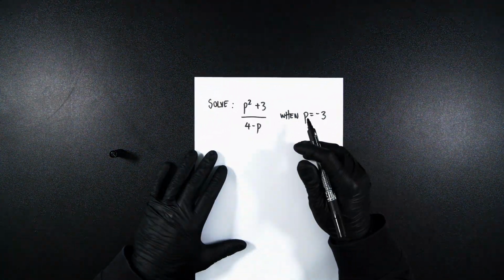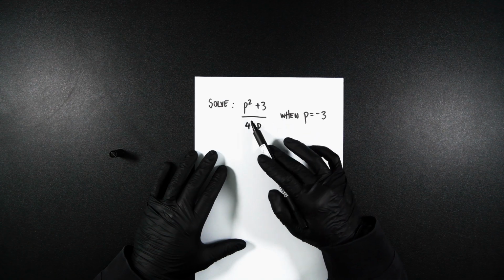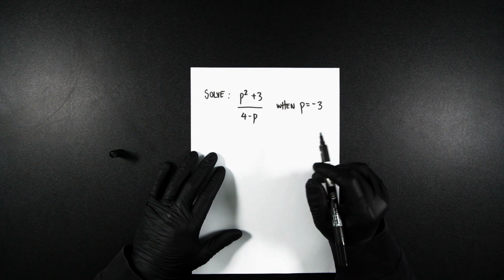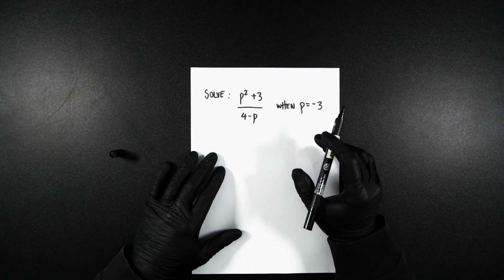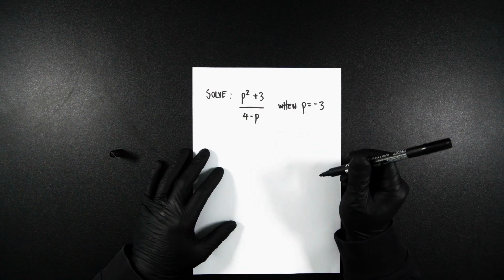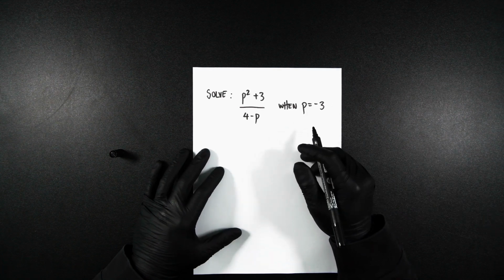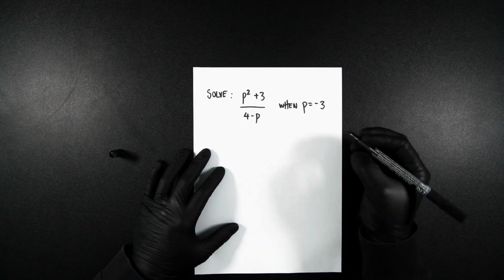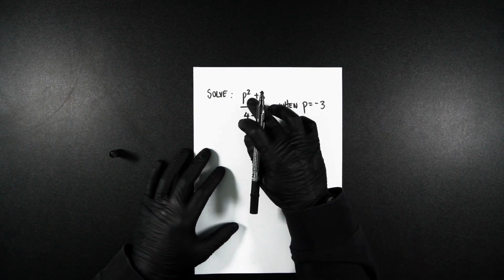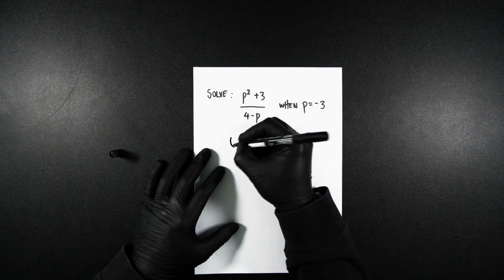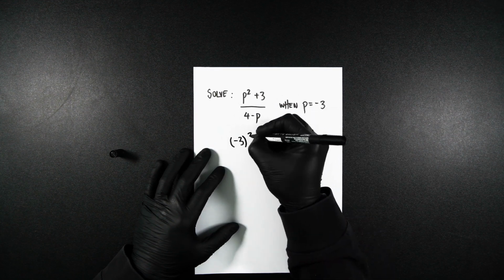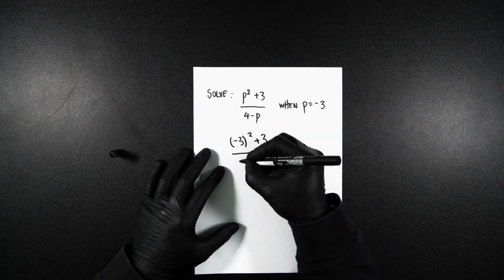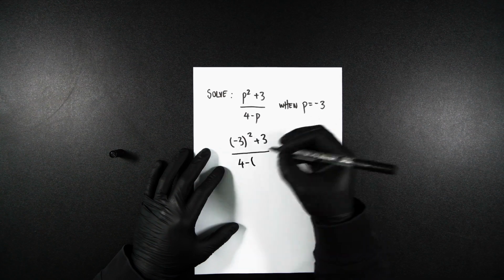In this problem, we have p squared plus 3 divided by 4 minus p, when p equals minus 3. With substitution, brackets are very important. You have to pay attention to your brackets, and you should get into the habit, even if it feels unnecessary, to always use brackets. So let's get minus 3 and sub it in here. So you're going to do brackets minus 3 all squared plus 3 divided by, then you have 4 minus brackets